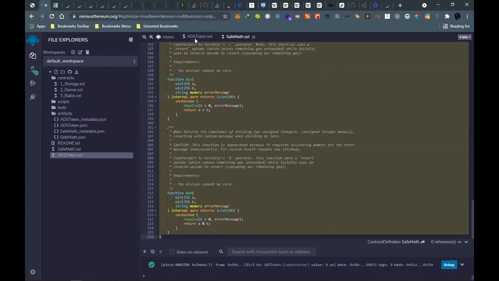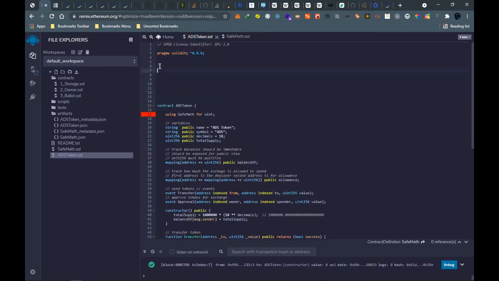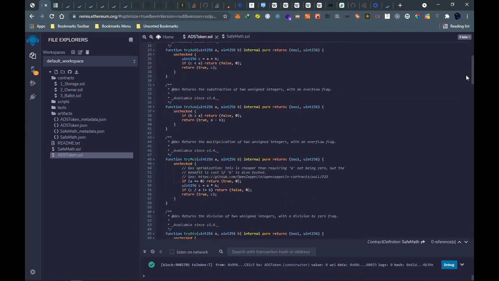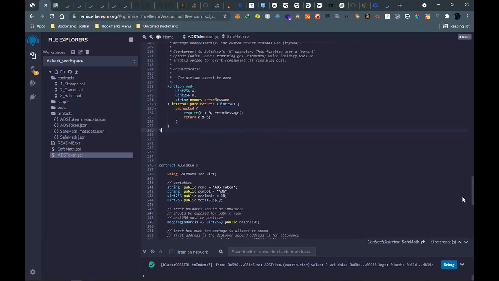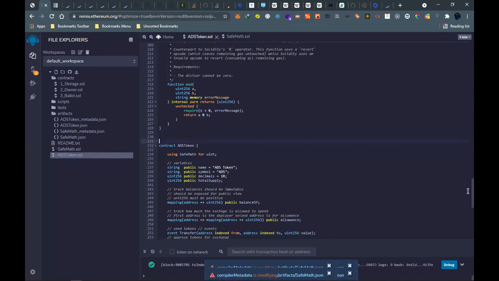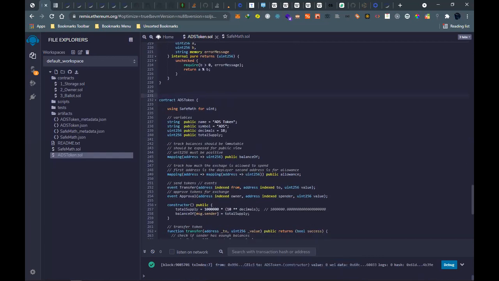Then paste it. Yeah, and paste it there.